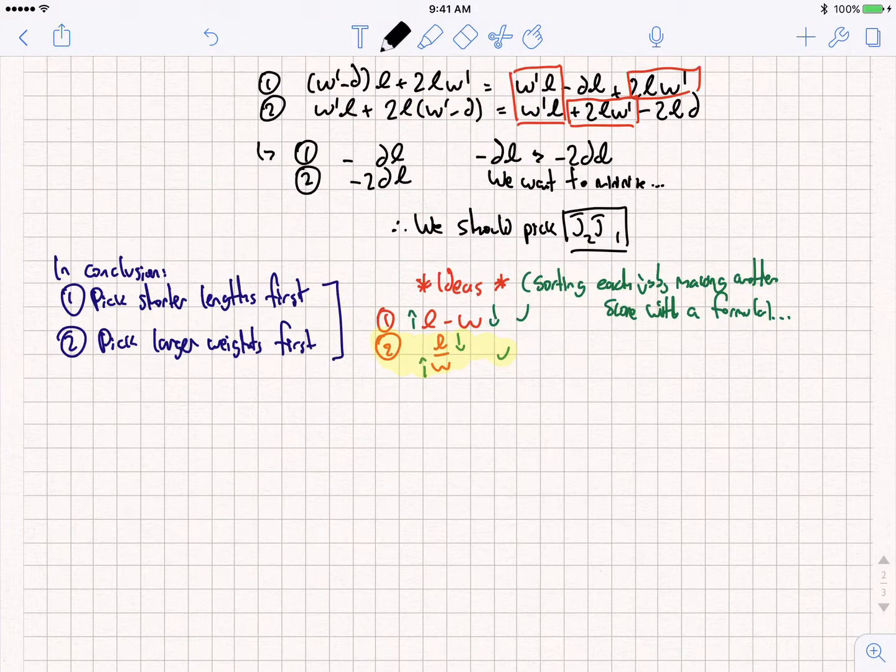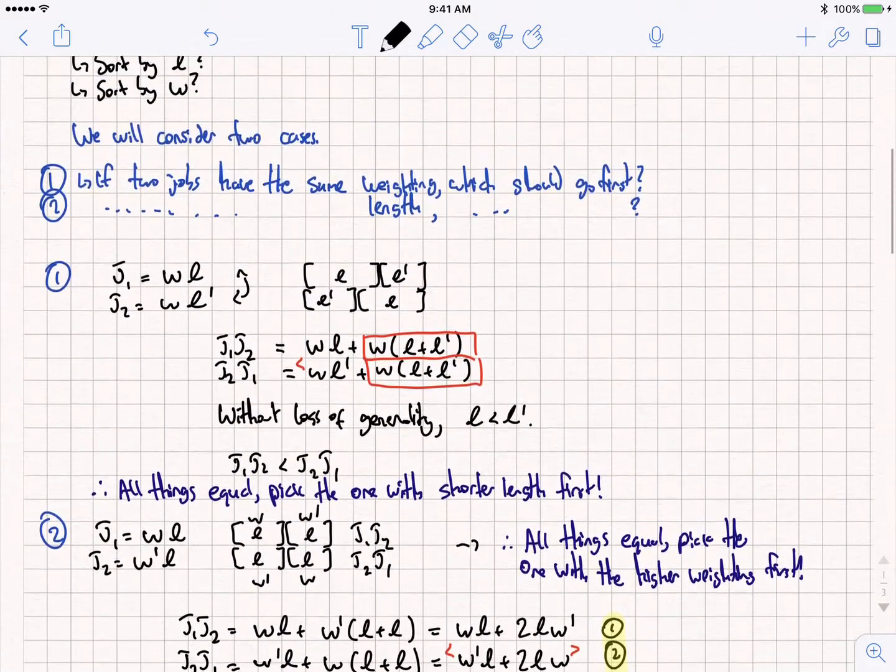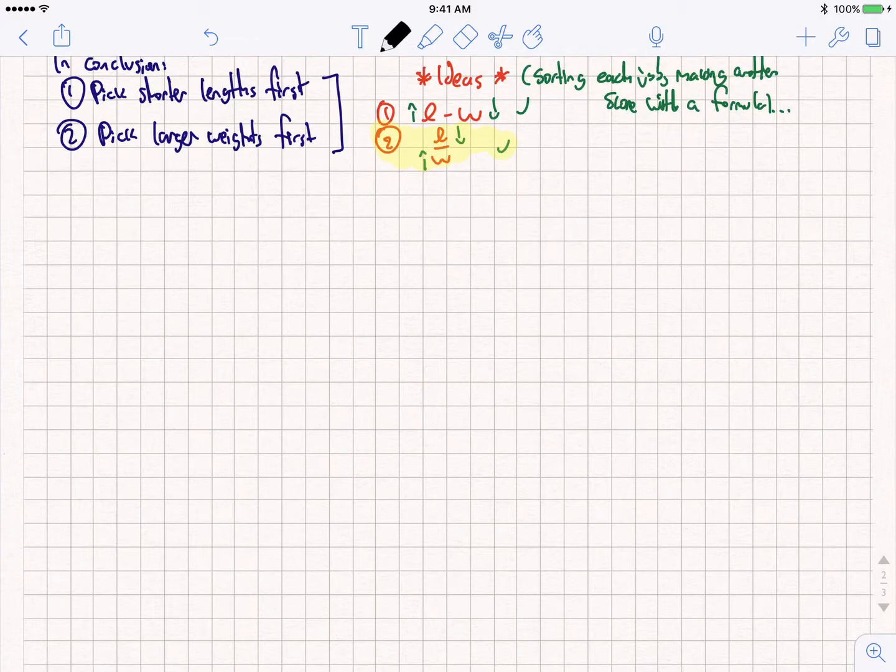Now we need to actually prove that the second one is valid. The way we're going to prove this is using contradiction. We assume for the sake of contradiction that there exists a wrong arrangement of jobs, and then we're going to apply this theory of length divided by the weighting to actually make it correct. So in order to do that, let's do a proof. Assume for the sake of contradiction